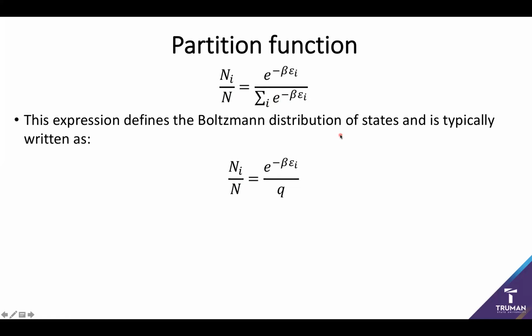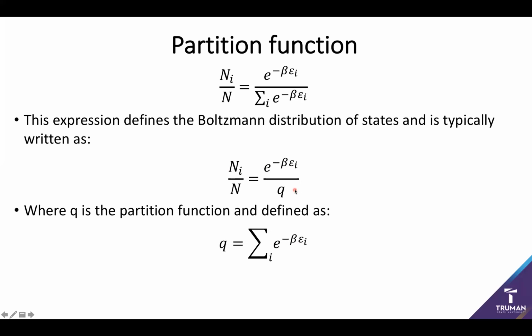And we can give our full Boltzmann distribution typically by writing it as the exponential of the negative of beta times the energy of the state we're examining over Q, where Q is the partition function,